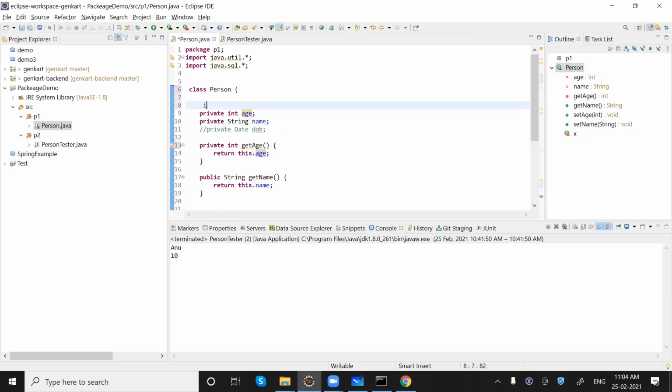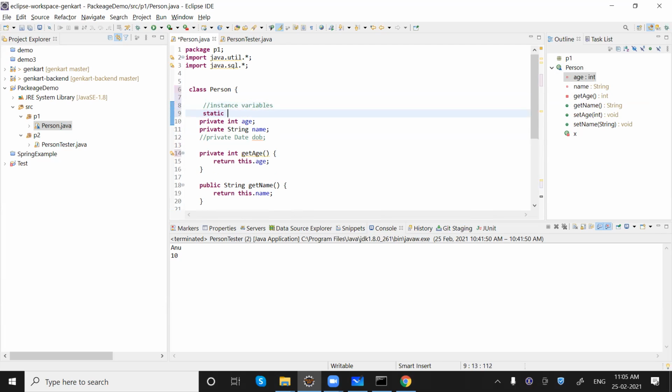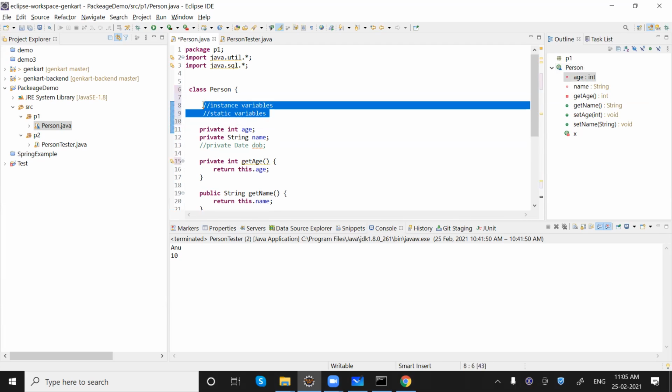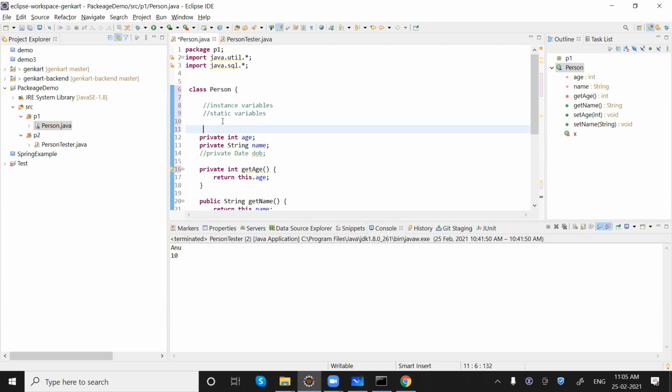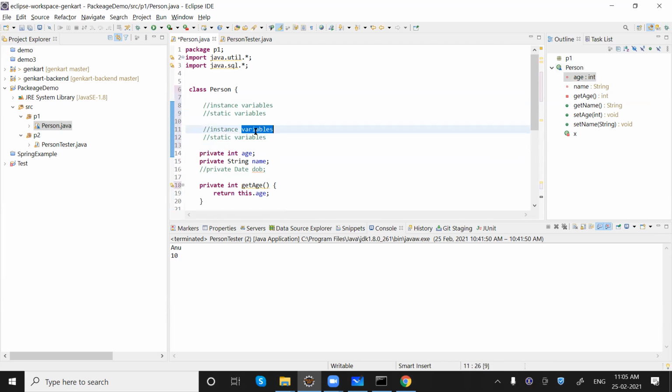In a class, there can be instance variables, static variables, instance methods, and static methods.